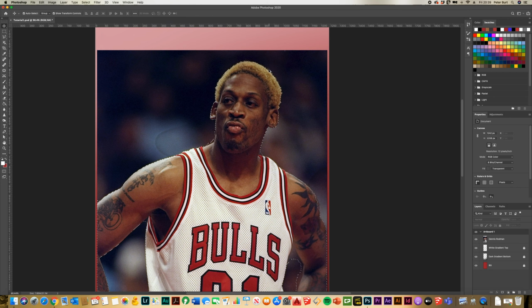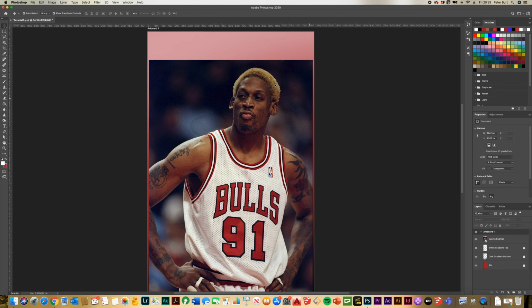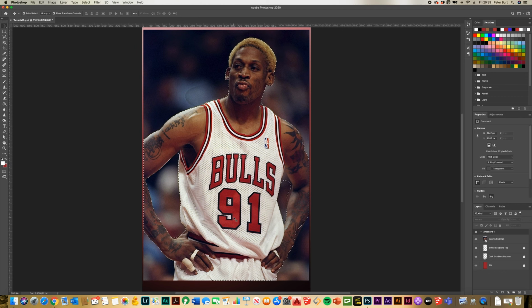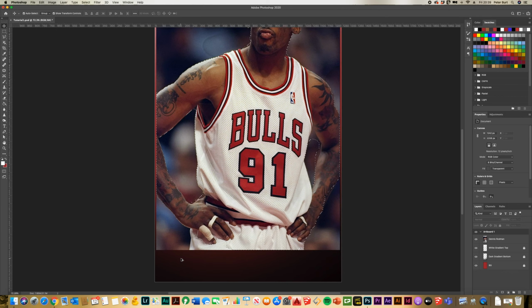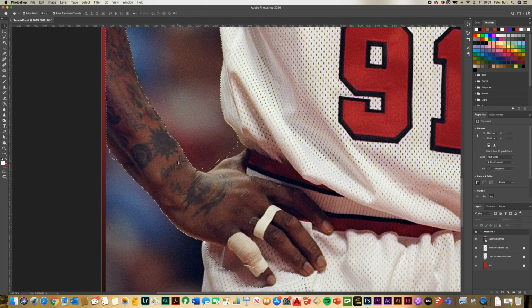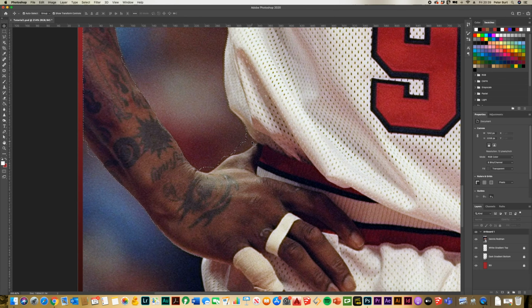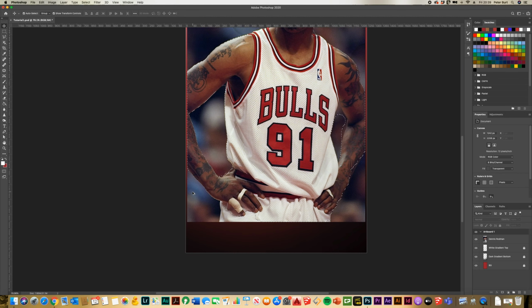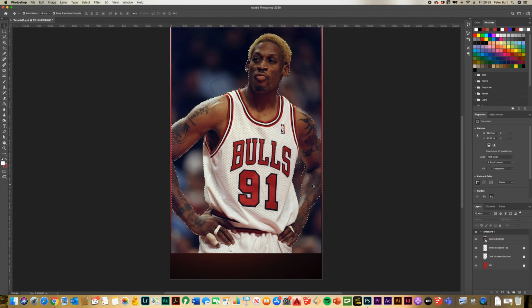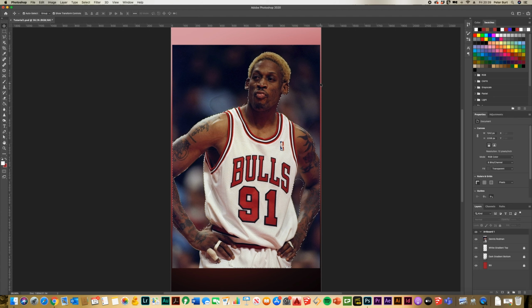The tool's pretty good in terms of detecting what you might want to be cutting out. So that just automatically assumes you'll be cutting out a person. It picks up the rough edges. But as we can see, it hasn't really selected his shorts down here. There are a couple little bits in here where it's just kind of picked up any random mottled bits of the background. So to fix that, once we've got that selected there,